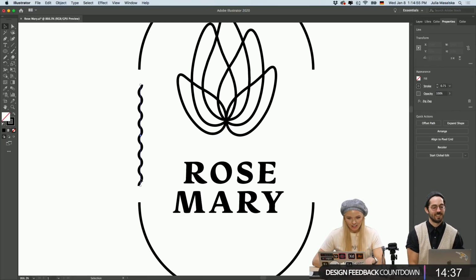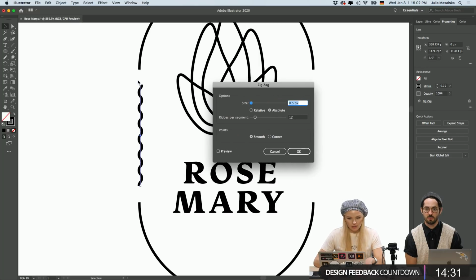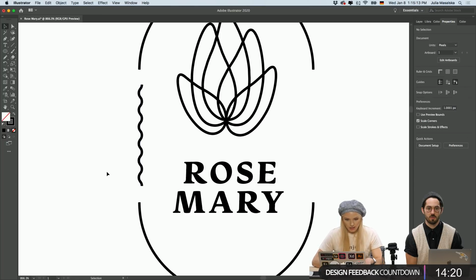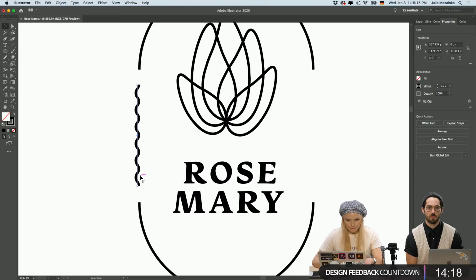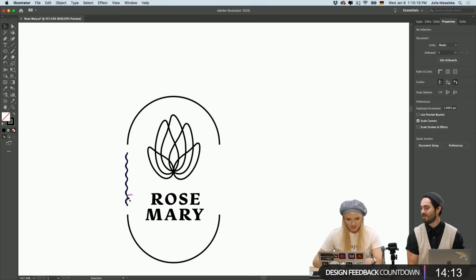Okay, I'm going to work on the zigzag because I would like it to end on this side, just like it does here. So I'm going to increase the ridges to 11. So it's in like that, bam. I'm telling you, it's all math.